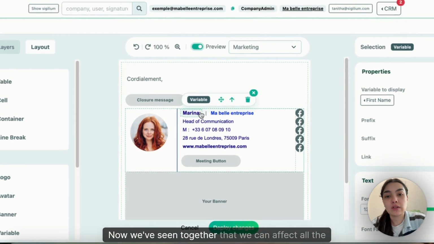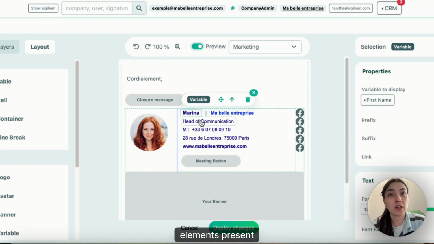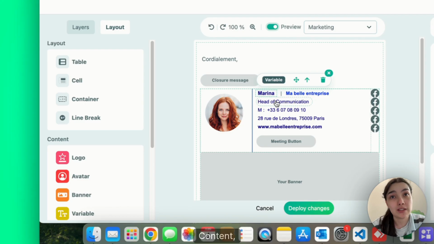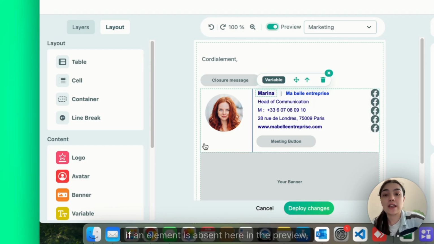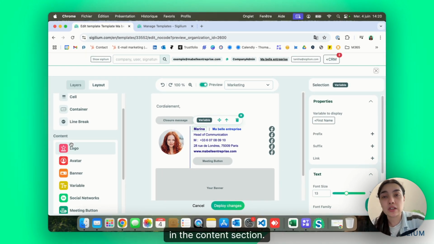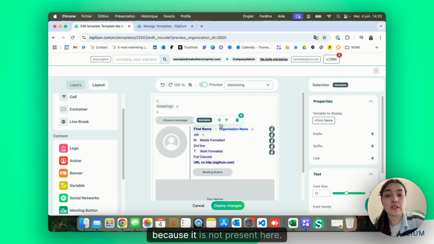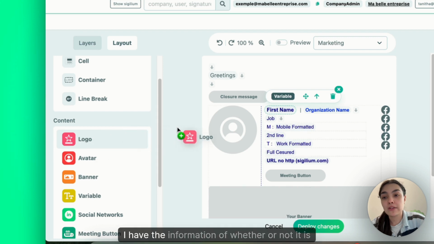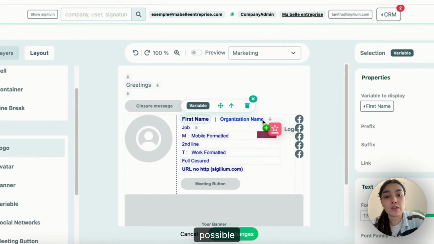Now we've seen together that we can affect all the elements present in the preview, but if anything is absent, it is a great opportunity to jump back to the content we have mentioned before. If an element is absent here in the preview, I can go and fetch it in the content section. I can drag and drop the logo, for example, because it is not present here. When I drag and drop an element, I have the information of whether or not it is possible thanks to